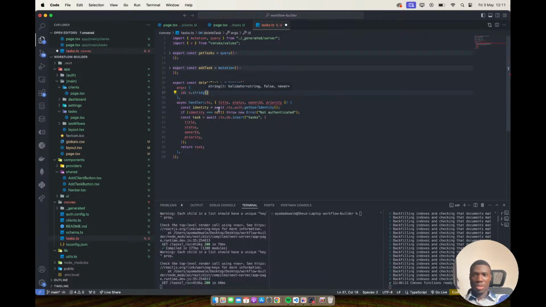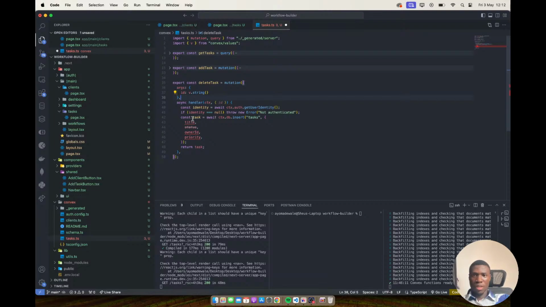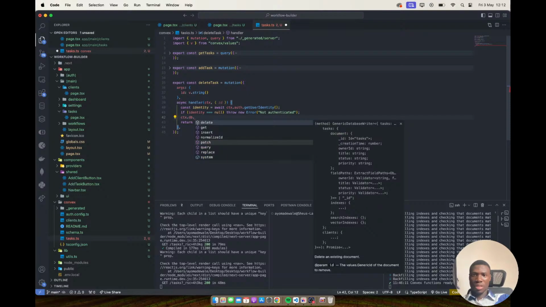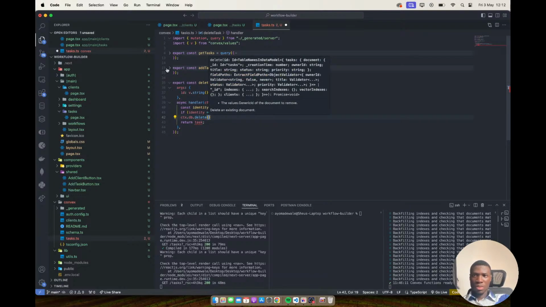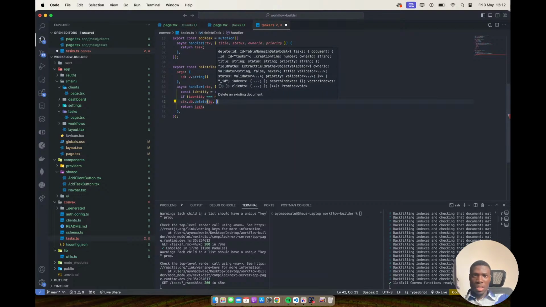That's what it's just going to take in, ID, and you just get ctx.db.delete, right? So we just do the delete, and we're deleting an ID, which is the ID, and